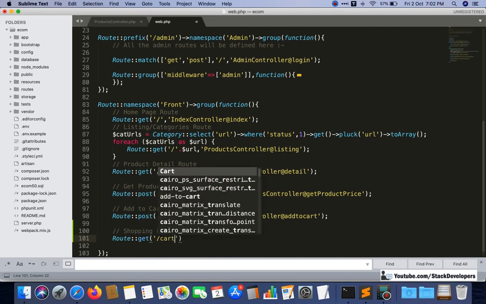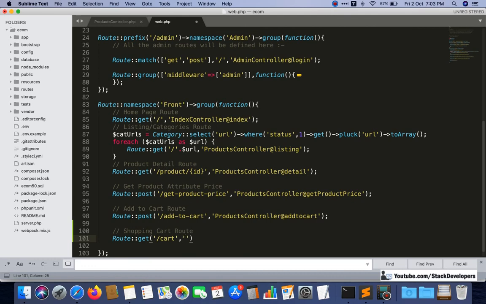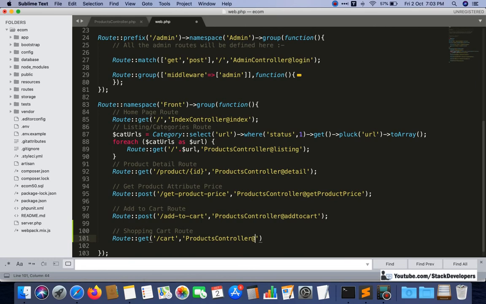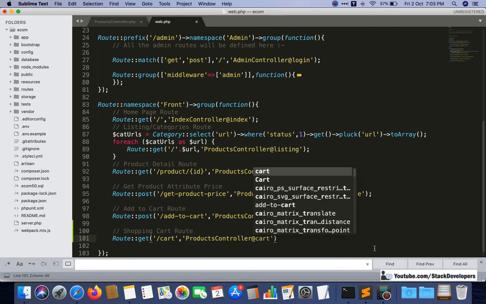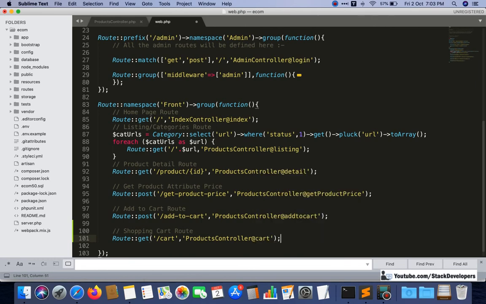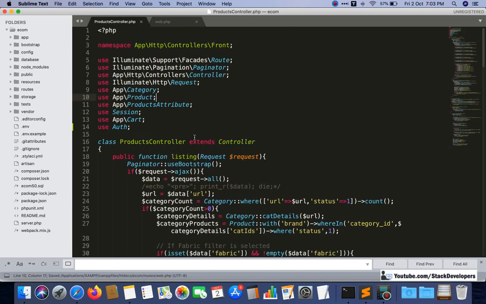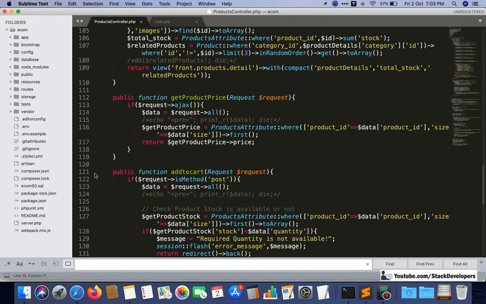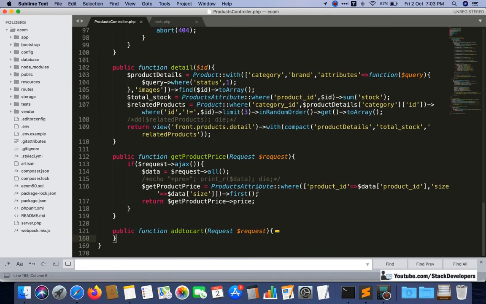You can name it like this, and it's your wish whatever route you want to add. Here, product controller, and after that I can write card. I will add it at the bottom, below add to cart.